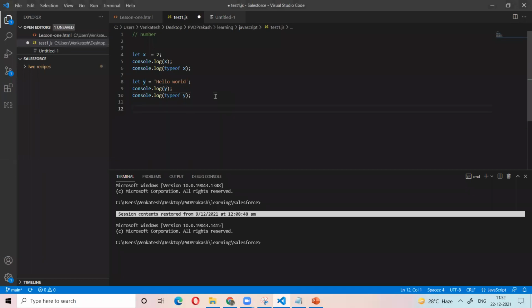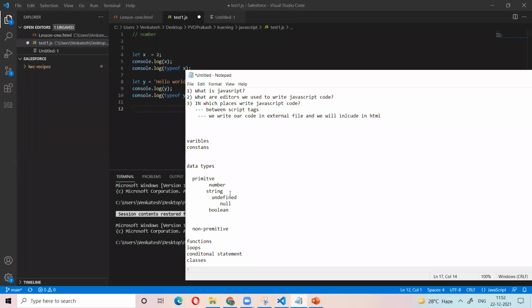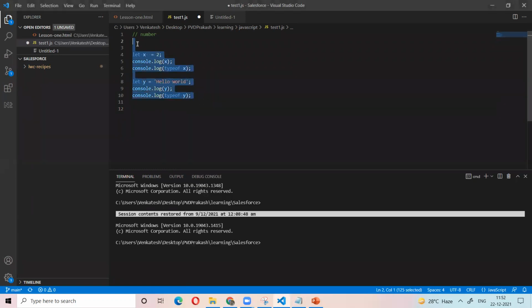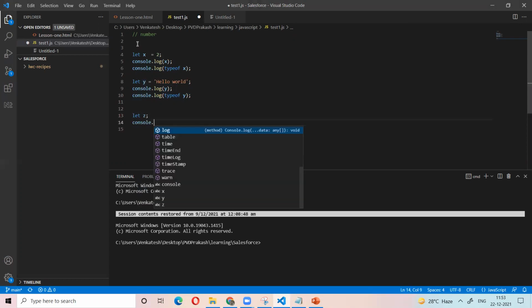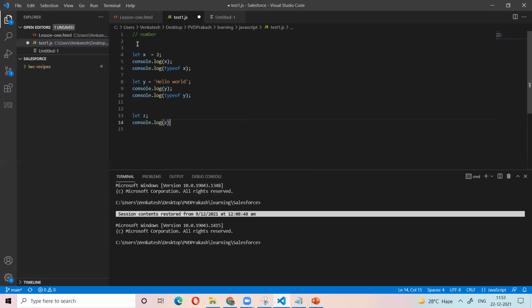Now I have covered the number data type and the string data type. We already saw undefined. If we declare a variable but do not assign any value, then we have a variable with no data. Then the type of z is undefined.